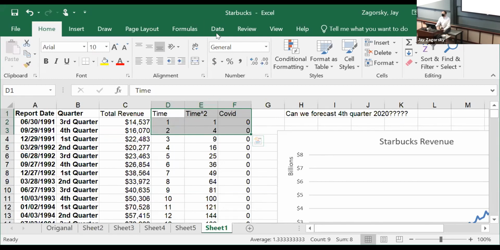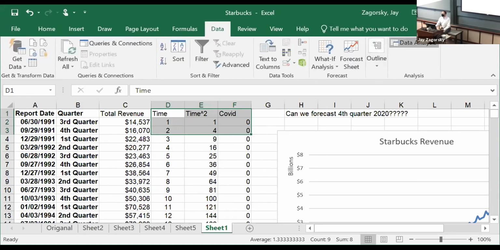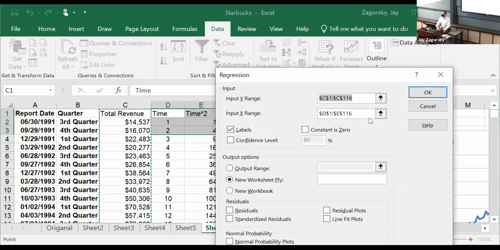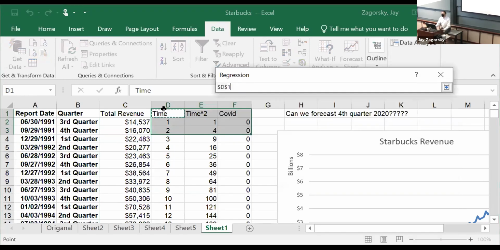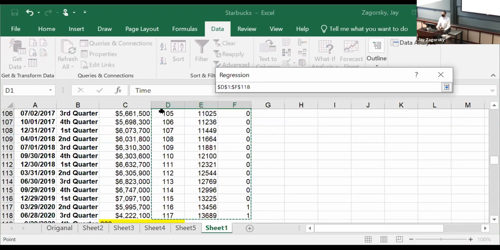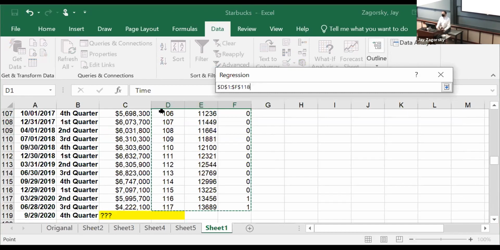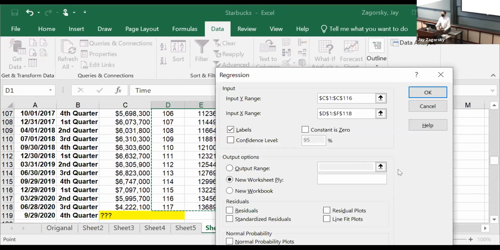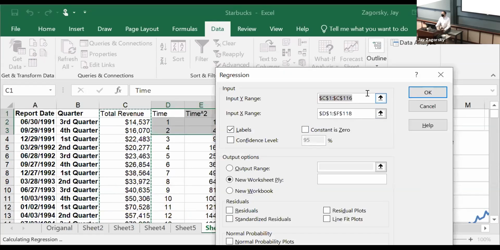We'll rerun the regression again. Data analysis regression. And this time, instead of D1, it's through F1 down to F118. We'll pick OK. What's going on? So it's the C column, everything, including COVID.